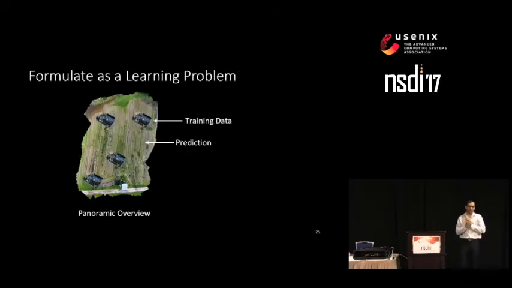To do that, we formulate this as a machine learning problem, where the visual features of the field serve as inputs, and our job is to predict the sensor values. The sensor data that we have actually deployed acts as the training data, and we want to predict it on the rest of the field.